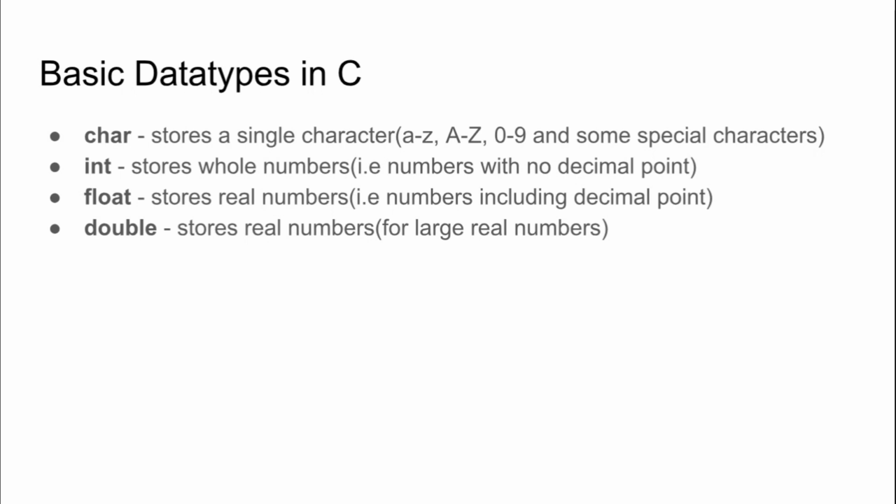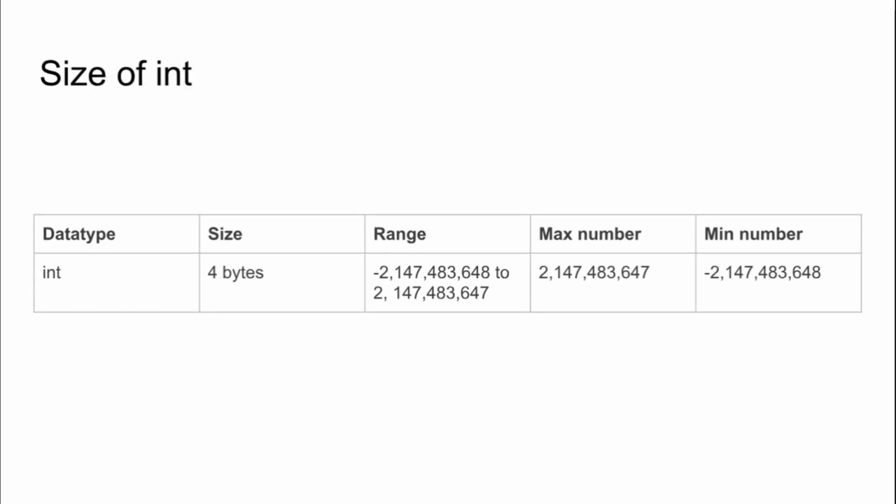For this video's purpose, we will only concentrate on the data type int. In future videos, we will learn about each and every data type. Now, as I said earlier, in programming, a variable must have a data type. Now, every data type has a size, that is a range of numbers allowed by that data type. For instance, on most of the operating systems, the int data type can store values in a 4-byte space, which hence allows up to 2 billion positive and negative values to be stored. In the next video, I will show you how the range is calculated for a given data type.